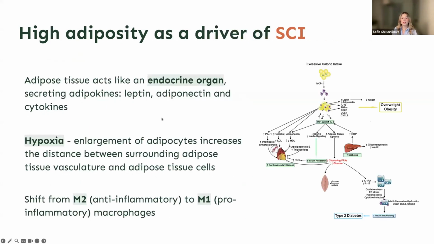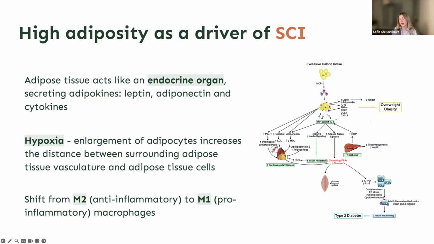So I wanted to give high adiposity as an example of a driver of systemic chronic inflammation. So specifically, this is related to ectopic and visceral fat that we know have a pro-inflammatory effect. And we know that adipose tissue will secrete adipokines like leptin and adiponectin and produce inflammatory cytokines such as interleukin-6 and TNF-alpha. So that is one mechanism in which visceral fat increases inflammation,